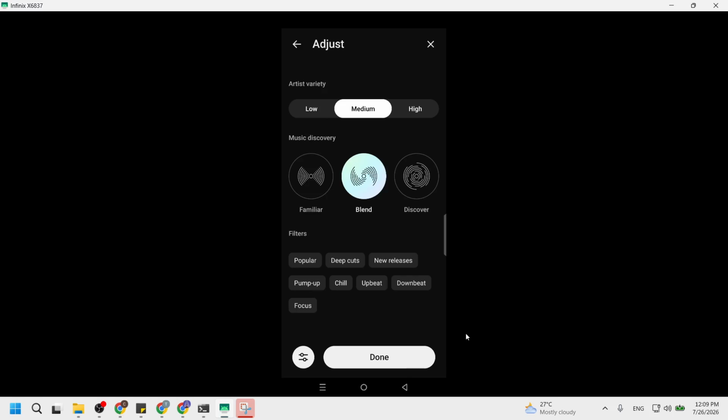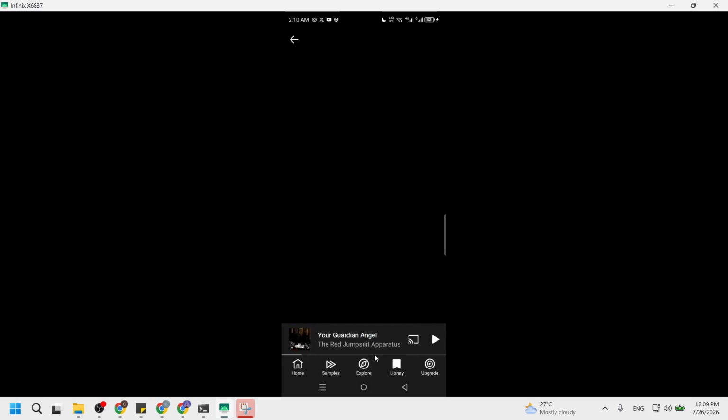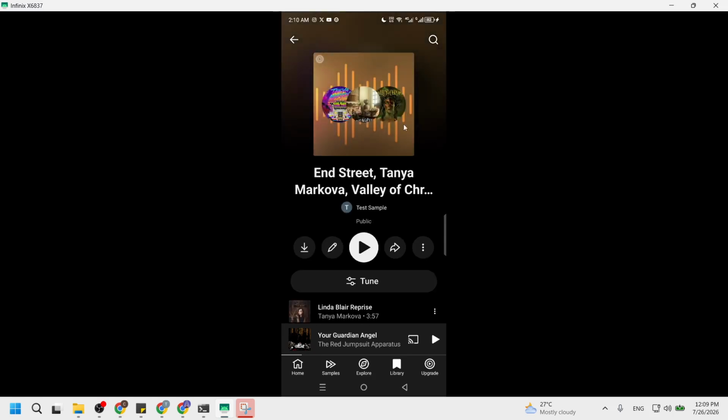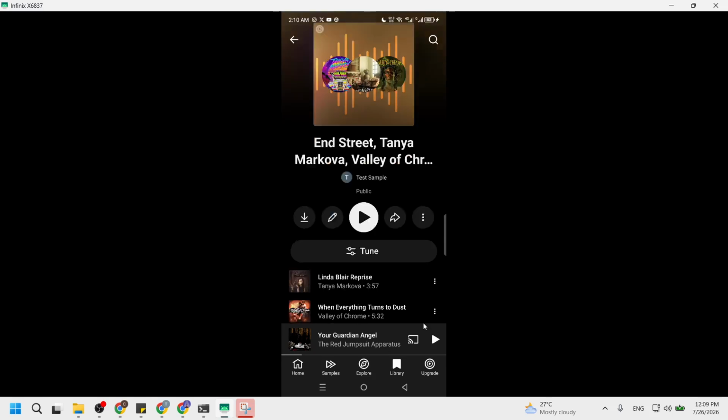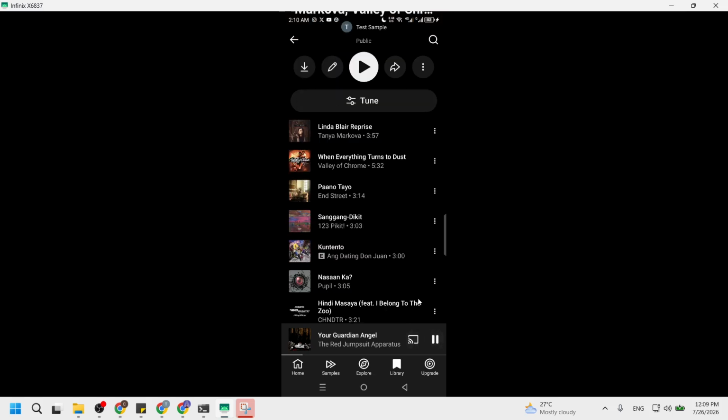This final action is the culmination of your previous selections and adjustments. Once you tap Done, the app will create your mix based on the criteria you set. You will see a confirmation appear and the music will start playing immediately. This is an exciting moment as your carefully curated playlist comes to life, allowing you to enjoy the unique blend of sounds you have created.